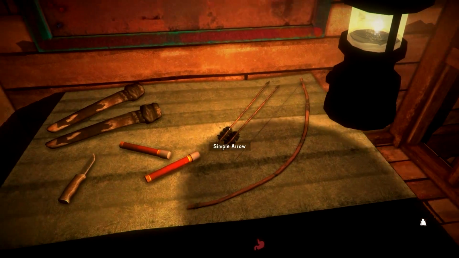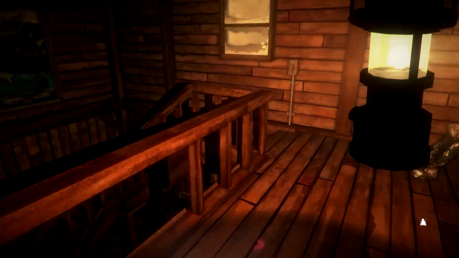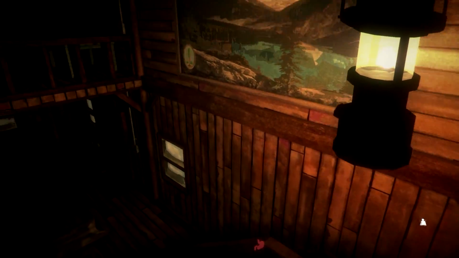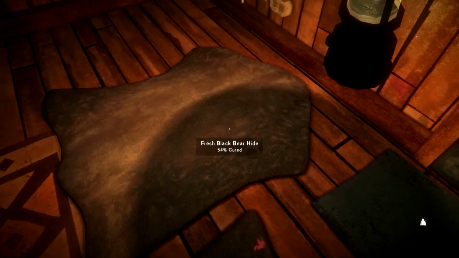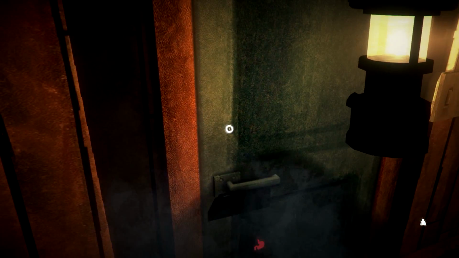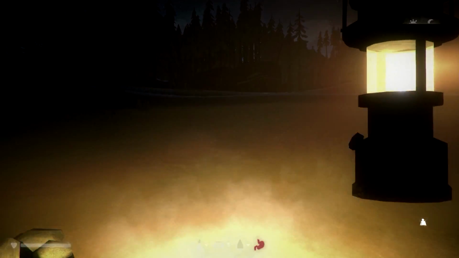I think I put one of the arrows in the workbench. How are we doing here? 8% cured, 90, 54. All right, let's see if we can't go maybe find another piece of wood. Alright, we're still in good shape when it comes to...